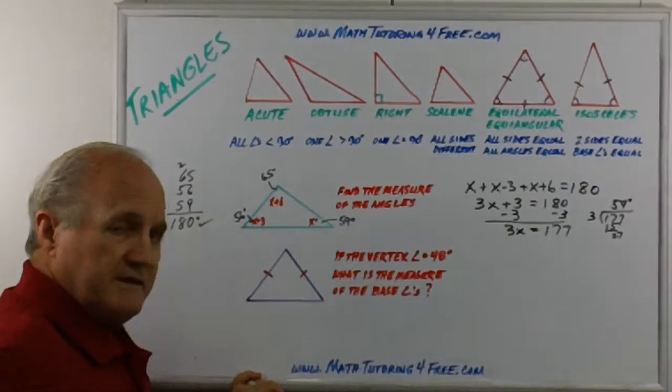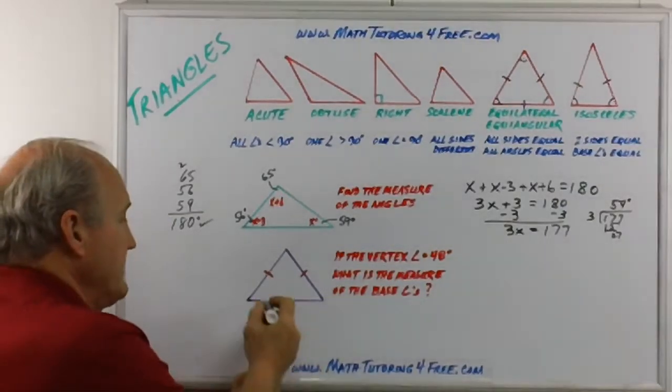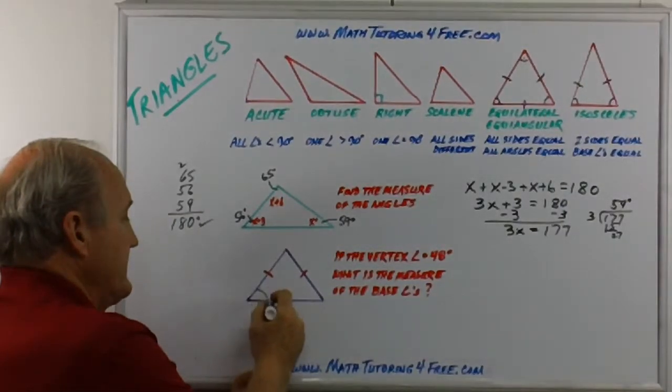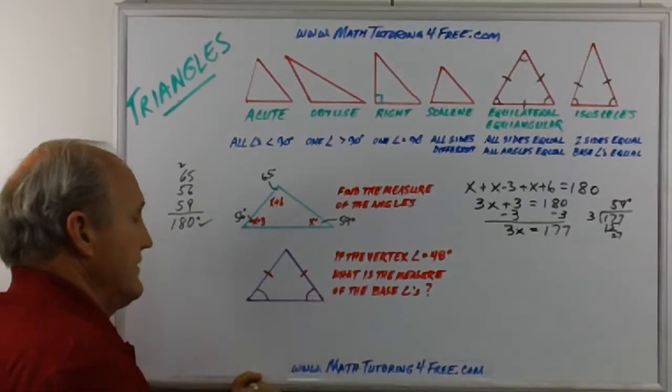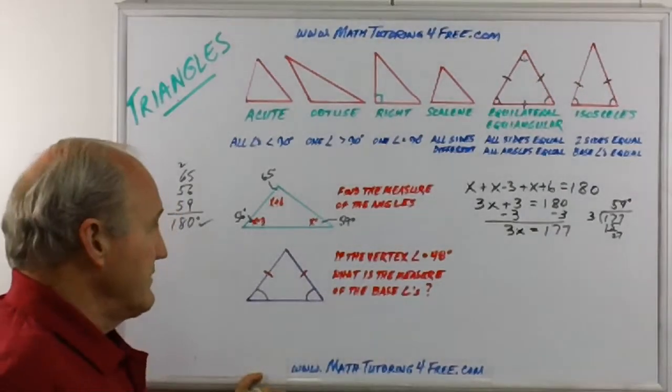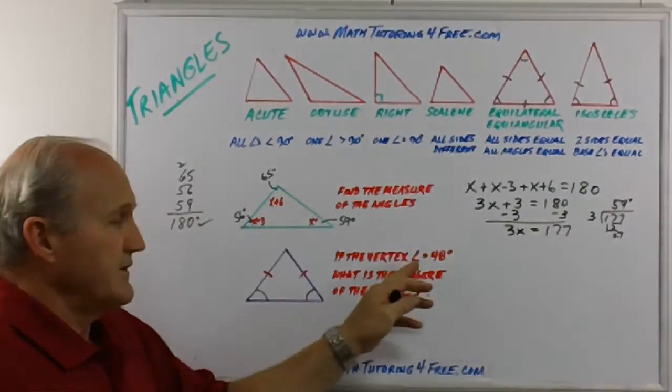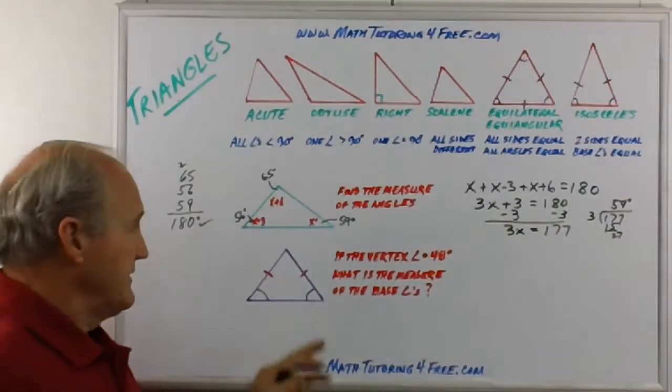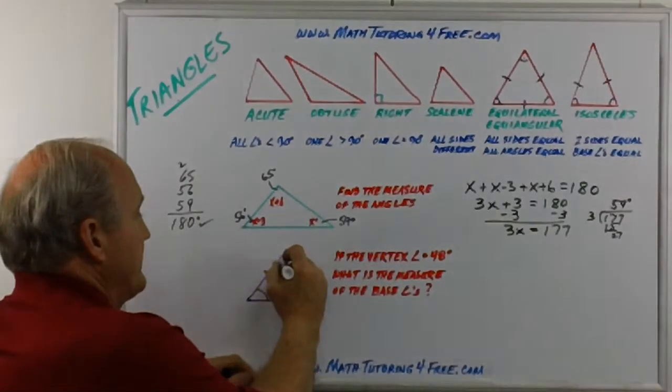That tells us right away it's an isosceles triangle, and right away you should recognize that means these base angles are also equal. The question is, if the vertex angle is 48, so that means this angle up here is 48 degrees, how do we find